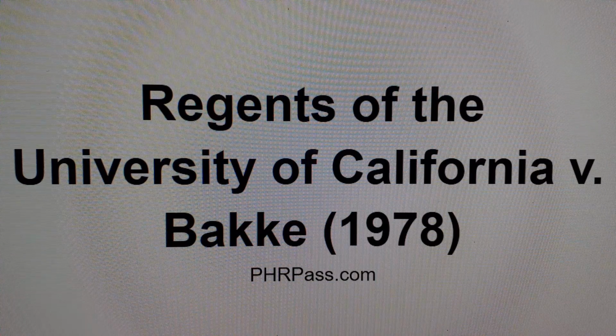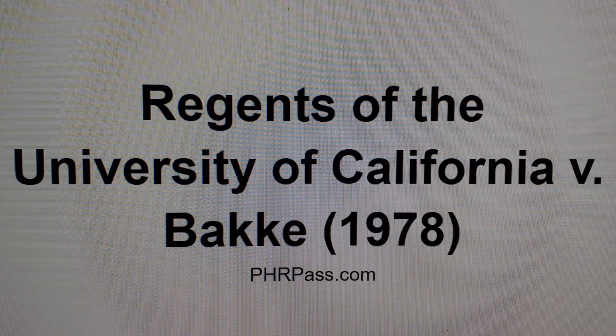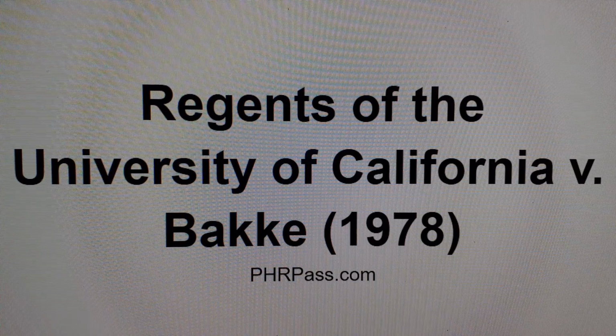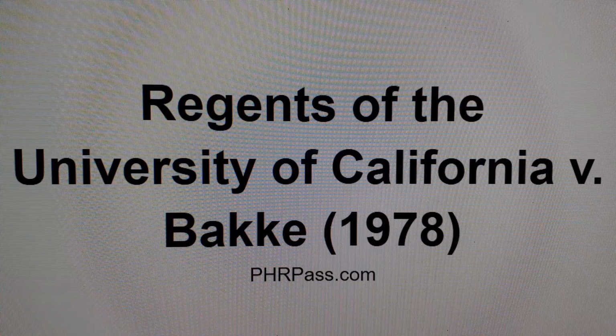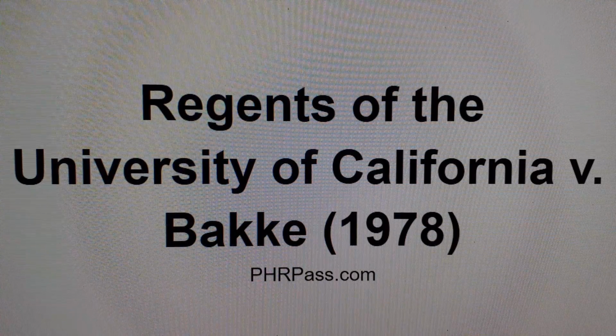Regents of the University of California v. Bakke, 1978. First reverse discrimination case. Regents of the University of California v. Bakke, 1978, was a case argued before the Supreme Court which calls into question affirmative action quotas. In this case, a white medical school candidate named Bakke sued the University of California system and specifically the Davis School of Medicine when less qualified minority candidates were admitted. The school was using a quota by reserving 16 of 100 places for minority students each year.